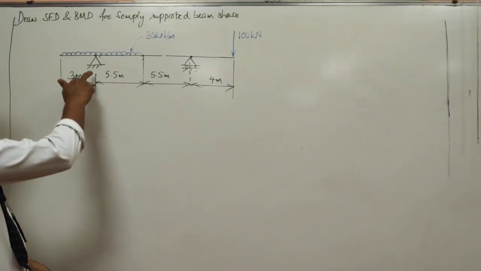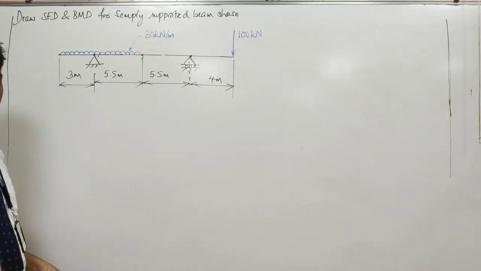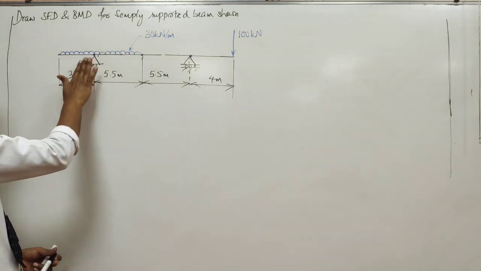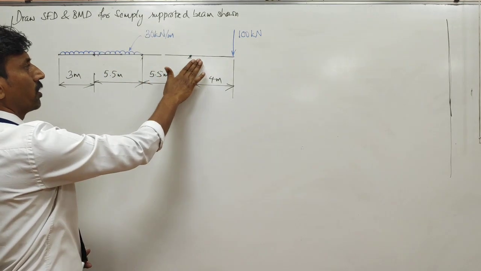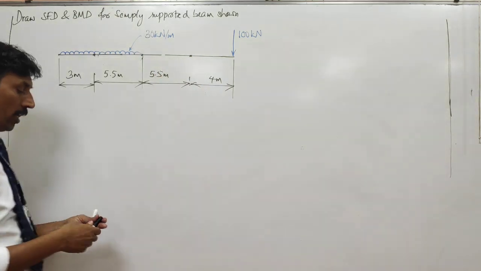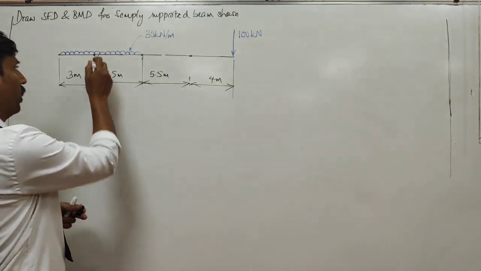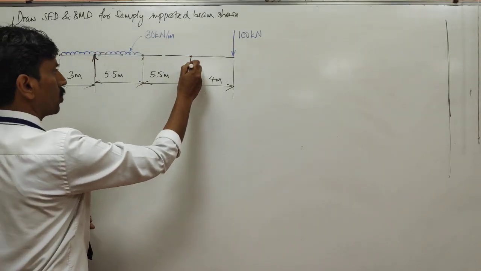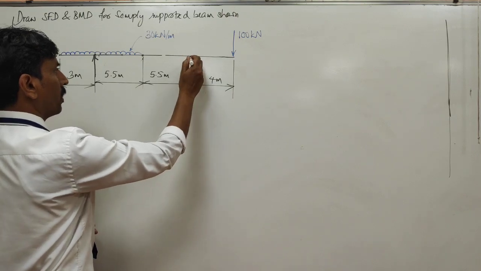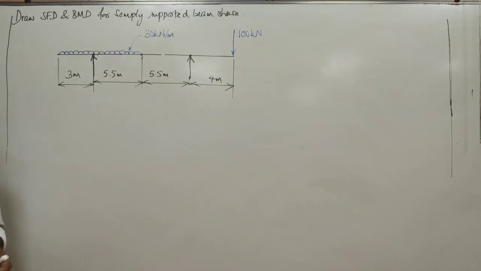So this is a simply supported beam where you have got a roller support on one side and a hinge support on the other side. So the first thing that you have to do is convert this into a free body diagram. A free body diagram is represented by just forces. So instead of this physical support, you need to just write an arrow mark like this, which actually shows that there is a reaction force coming up here. So first thing that you have to do is replace this with